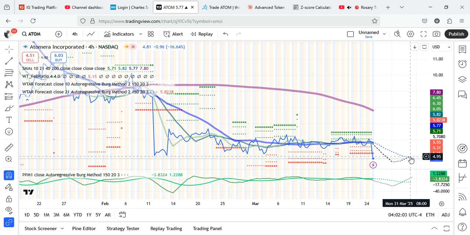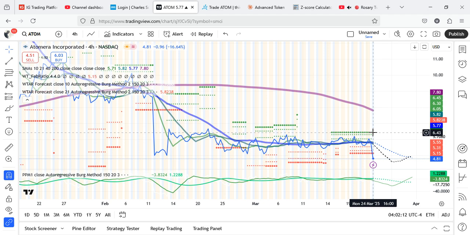Do we have upper projections? We just have one, 5.11. All the other ones are not in play, but to go all the way towards 6.43. So let's see where our projections fit in. 7.2, just right around here. You probably have to go all the way back to February to see whether the probability of that printing is decent.